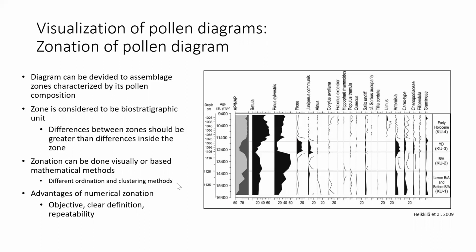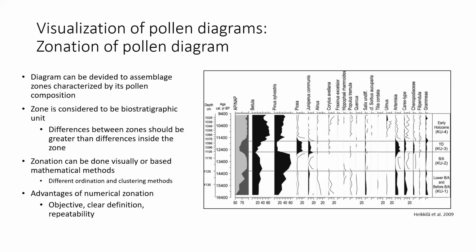This zonation can be done by just visual inspection, but it's recommended, and it's more objective, clear and repeatable, if it's done by numerical methods, and usually this can be done using different clustering or ordination methods that divide the pollen samples into different clusters,